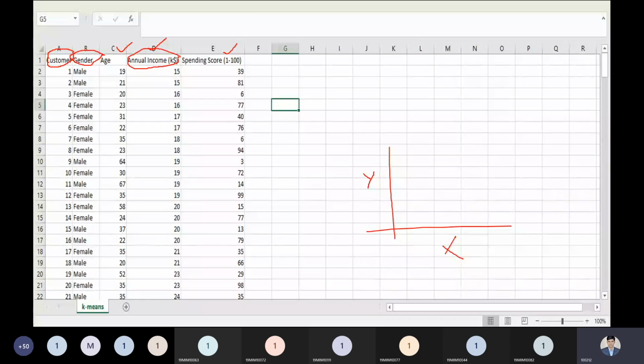So at the time age becomes an unobservable or hidden feature, or hidden variable we can say, and annual income becomes our important feature, or we can say it is an observable feature. Rather than annual income, you can choose spending score for making the cluster. So at the time spending score would be an observable feature. Now this part is clear.